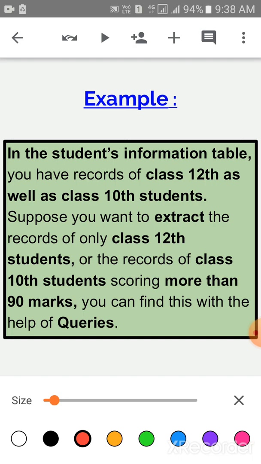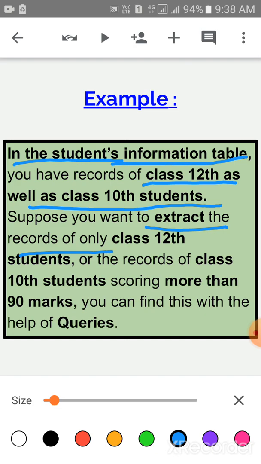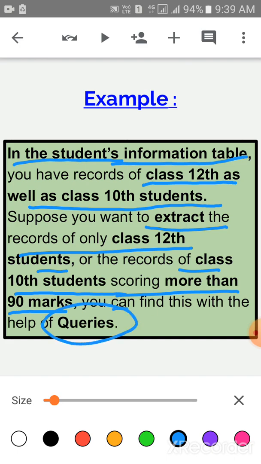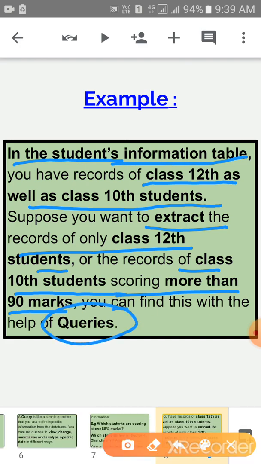Now children, you can see one example. Suppose in the students information table you have records of class 12th as well as class 10th students. Suppose you want to extract the records of only class 12th students, or the records of class 10th students scoring more than 90 marks. You can find this with the help of queries. Okay children? Clear?